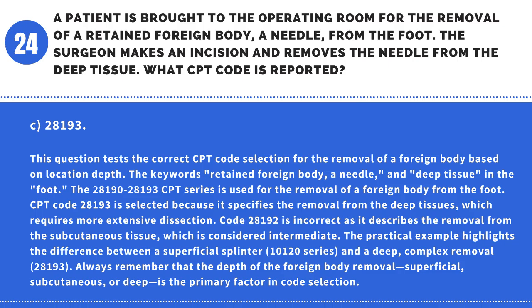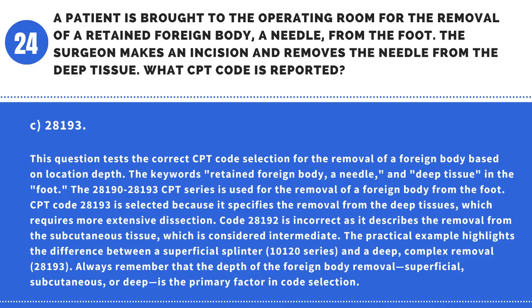Code 28192 is incorrect as it describes the removal from the subcutaneous tissue, which is considered intermediate. The practical example highlights the difference between a superficial splinter, 10120 series, and a deep, complex removal, 28193. Always remember that the depth of the foreign body removal, superficial, subcutaneous, or deep, is the primary factor in